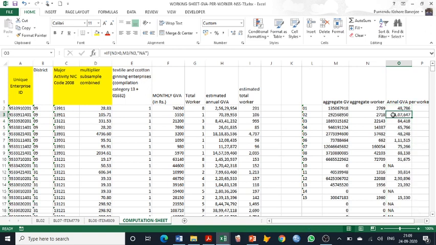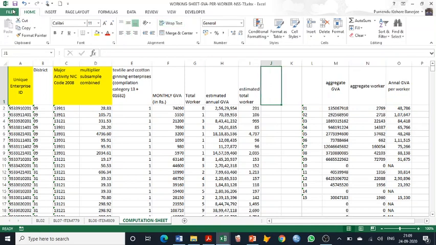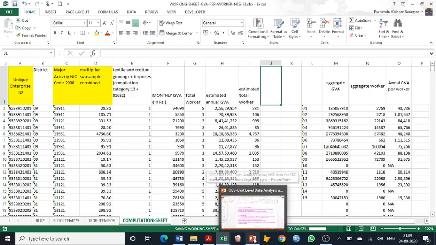You can see we are having a much higher GVA per worker in Chennai, which is probably expected because it's the headquarter of Tamil Nadu. So this is one of the methods through which we can generate the estimates of GVA per worker, and I thought this method is quite simple, and that is why I tried to share this with you.